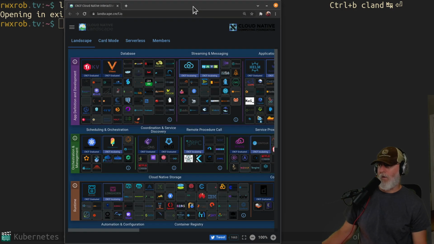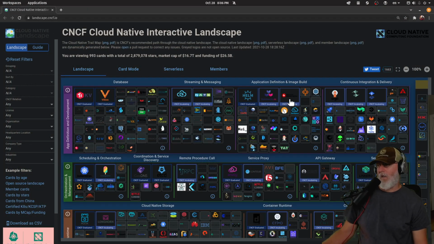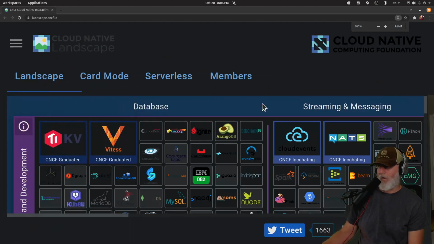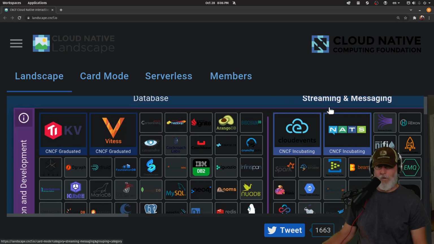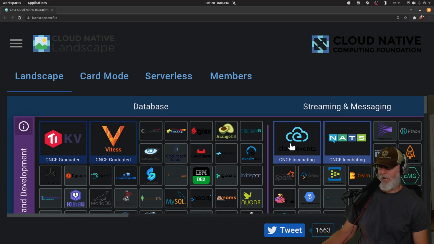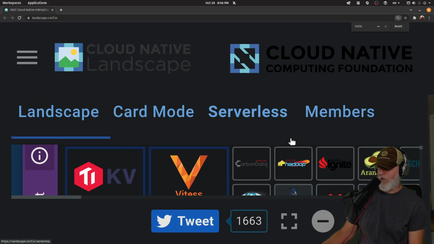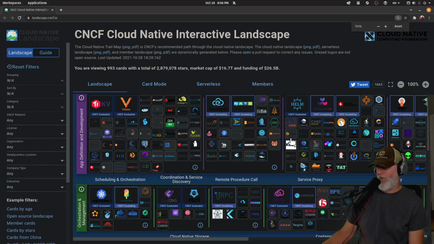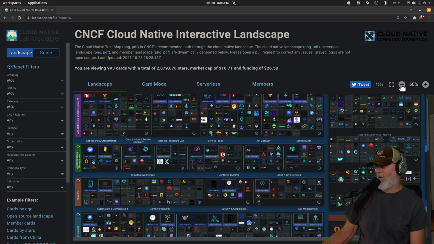The landscape diagram officially has, we have to watch this because Helm is something you've got to learn. Let me zoom in so you can read it. Sorry about that. But Helm is the official way to deploy on the certification test. What did I do? Did I zoom out too much? Oops. Reverse. Here we go. So yeah, Helm is the way to go.